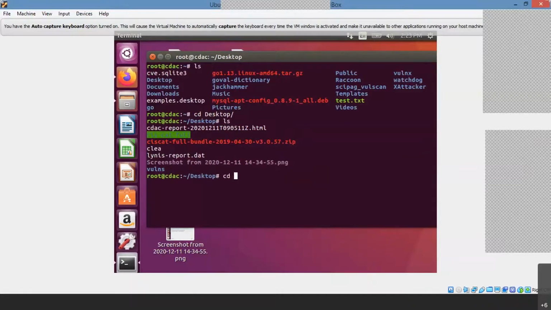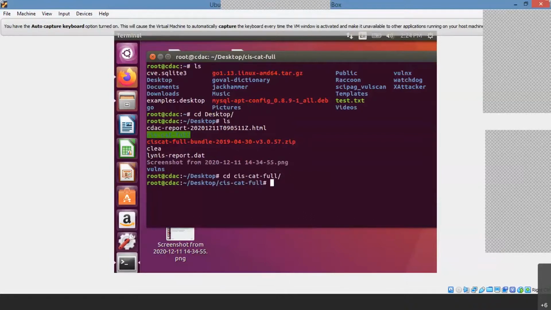As we saw in the morning session, what is the command to change the directory? In order to go from one directory to another directory, what is the command we used? Yeah, cd, right? So which directory do I have to go to, by seeing the screen? Yes, cis-cat hyphen. The beauty of Linux is you should not type it fully. Just type cis hyphen cat and press the tab button. See, it is automatically fetched. Hit enter, then you are in.